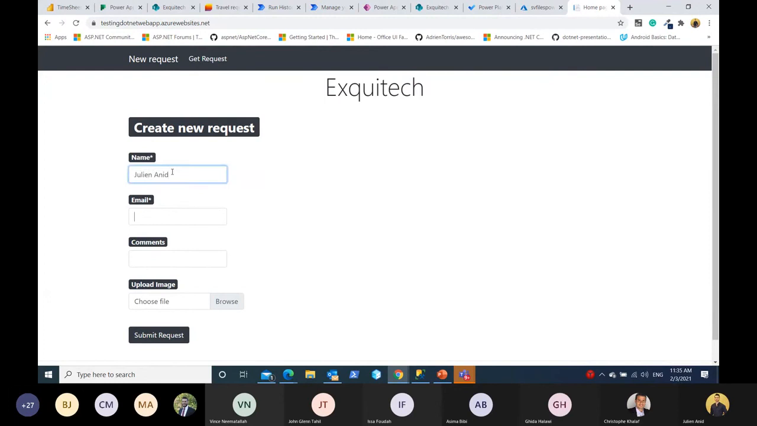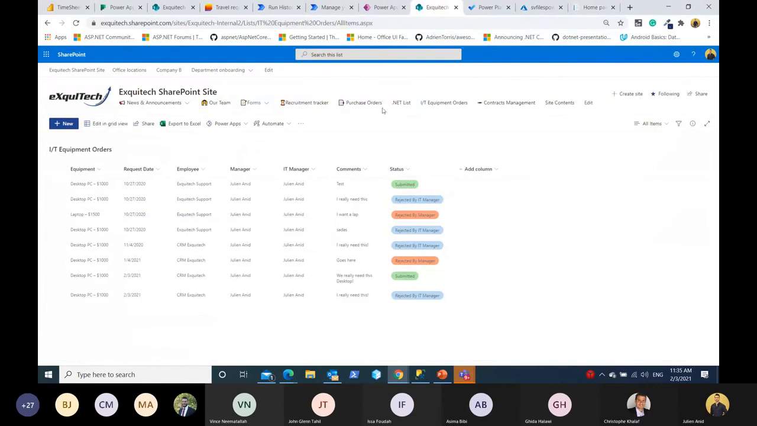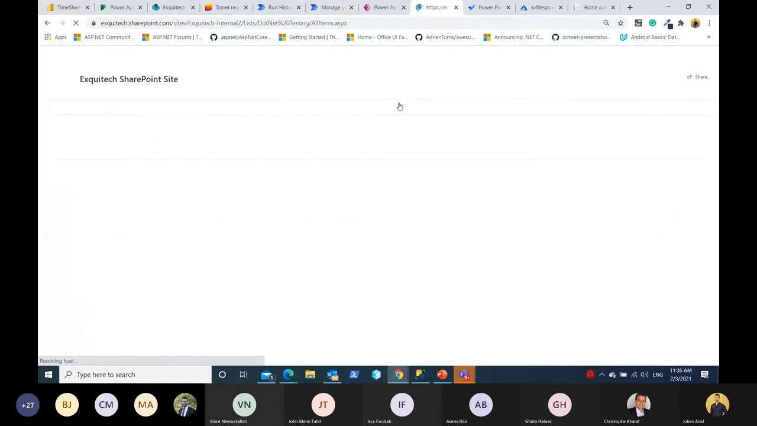If I'm filling the form, I will fill this form. I will go ahead and upload the image. I will choose any image and submit the request. Now I will get back to my SharePoint list. I have a list, it's called .NET. If I click on this list,